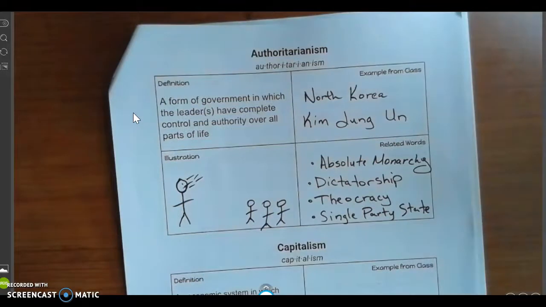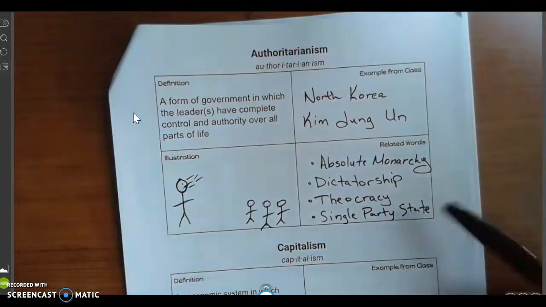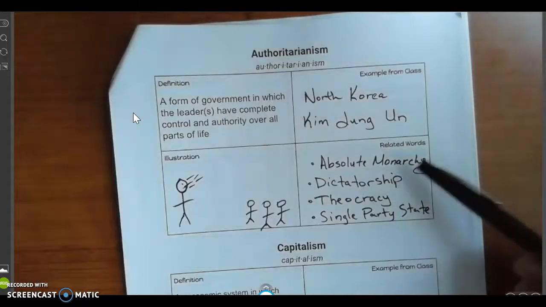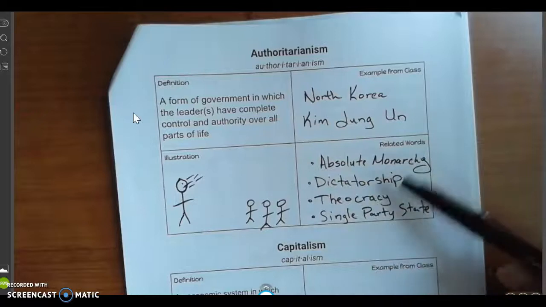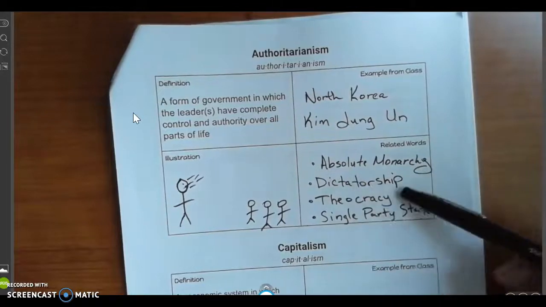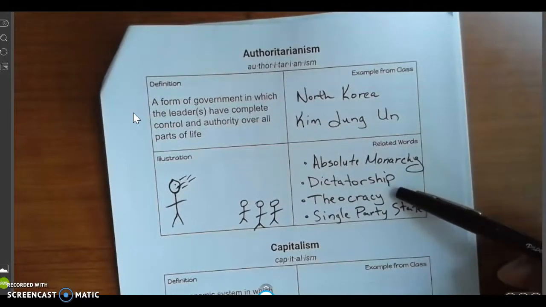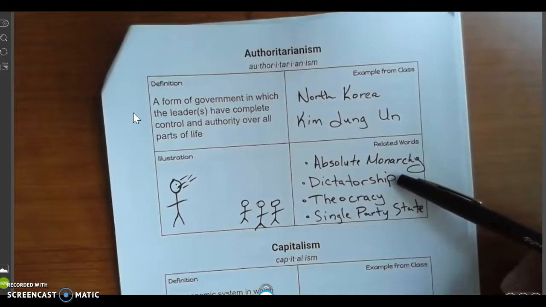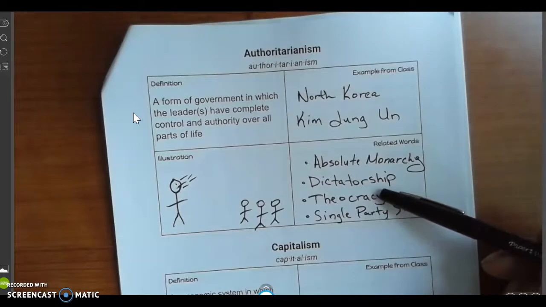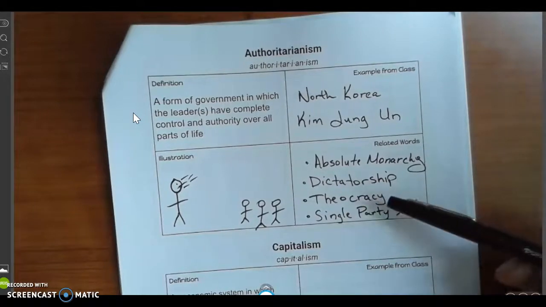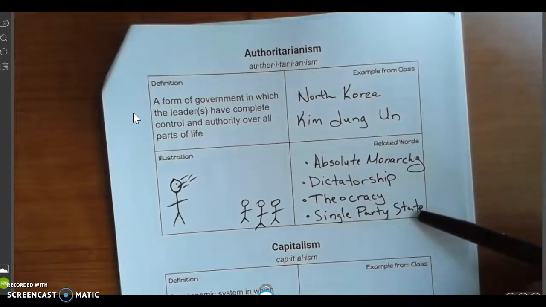So these are the first four forms of government that we really looked at, where we looked at an absolute monarchy, where a person has complete control of the country because they were born into power. A dictatorship, where someone has taken control of the country by force and whatever they say goes. A theocracy, where a religion controls the country, or a single party state, where a small group of individuals controls